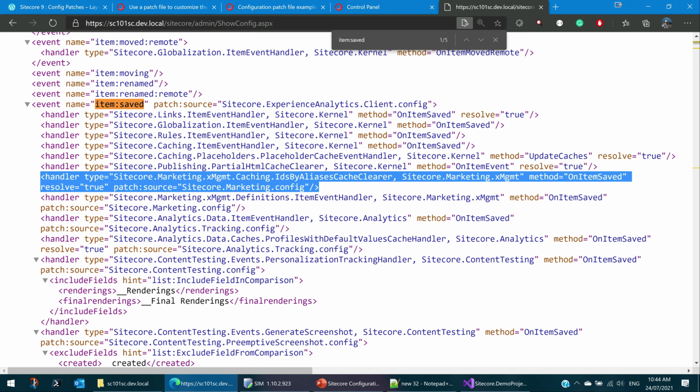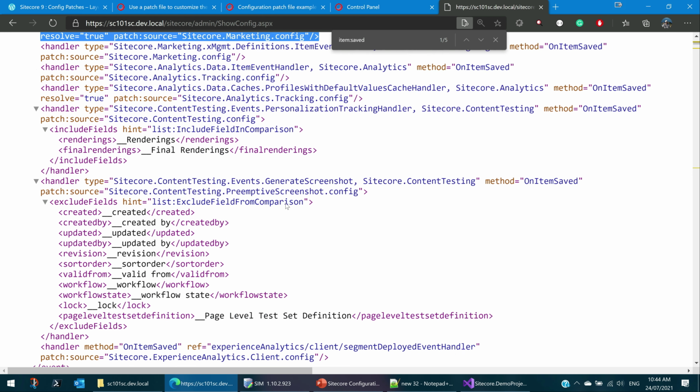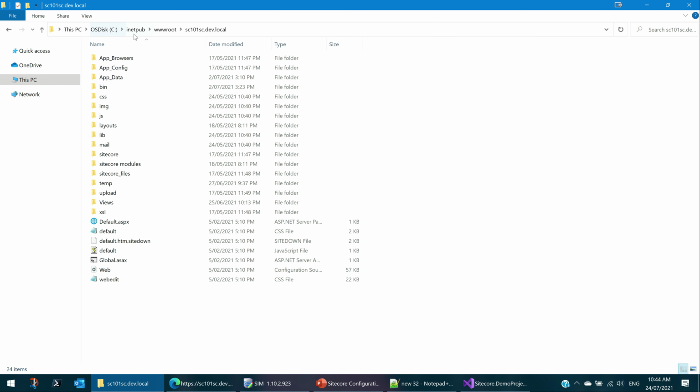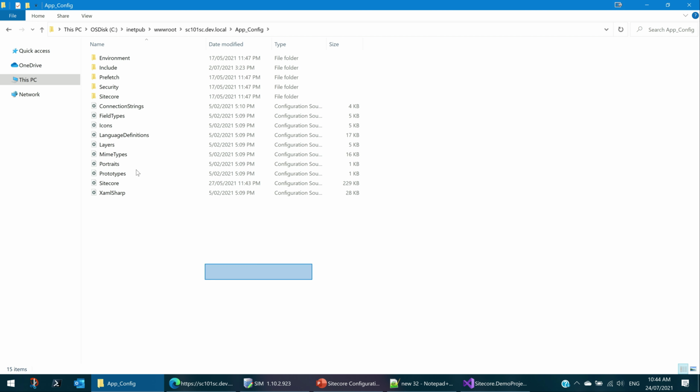Where is it pulling all these configurations from? Let's go to our deploy location, which is under inetpub wwwroot, se10, this place. Here you can observe there is an App_Config folder. Under it you have a ton of configuration files.